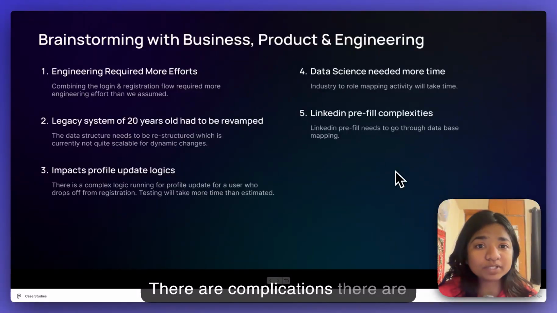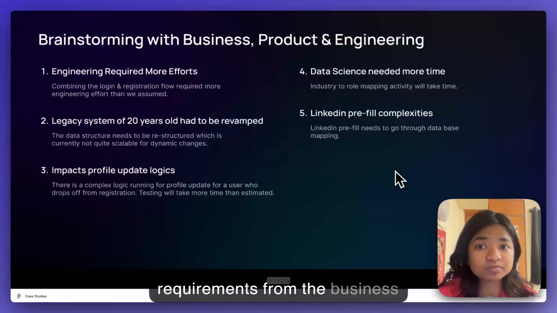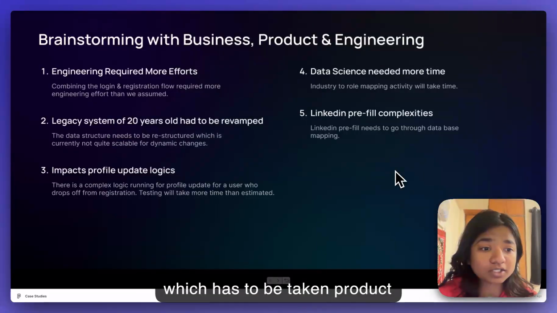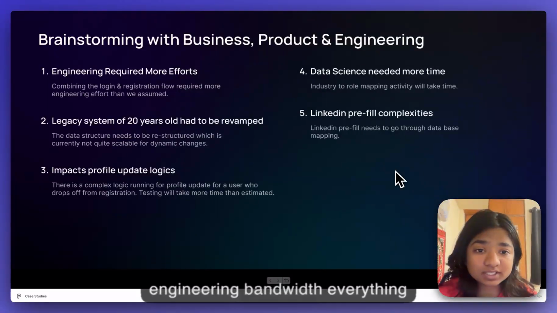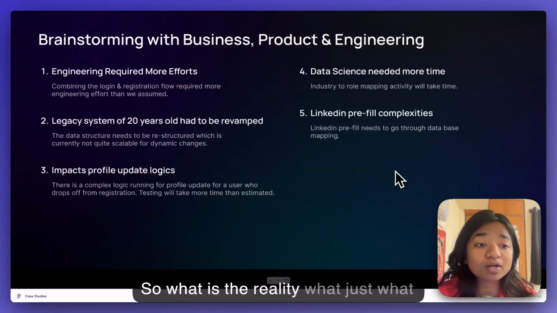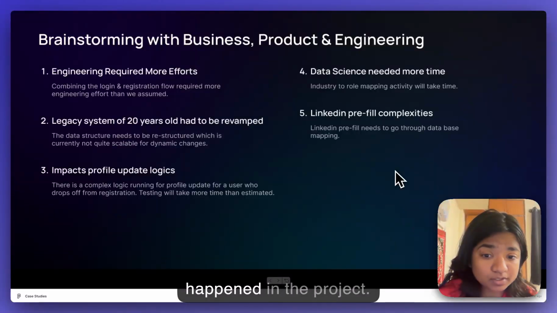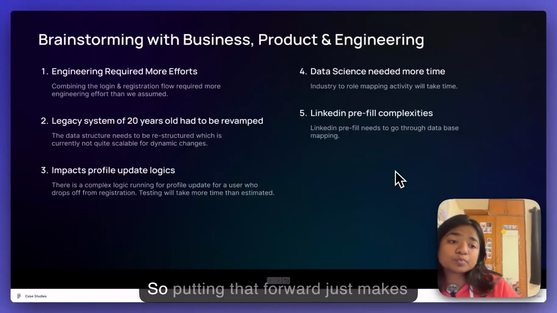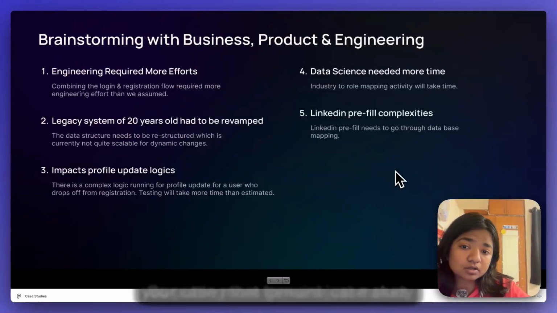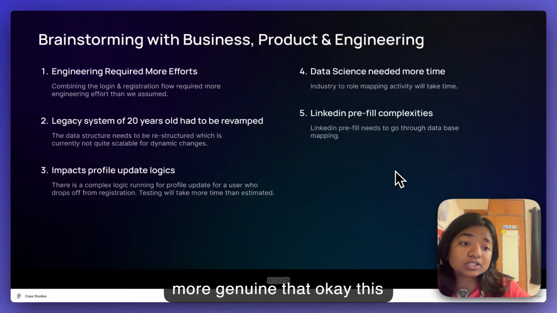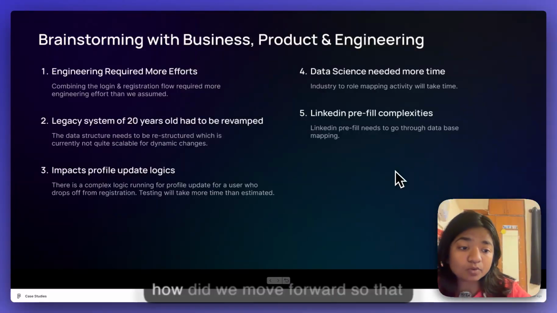There are complications, requirements from the business, product, engineering, bandwidth, everything. So what is the reality, what happened in the project? Putting that forward just makes your case study more genuine, right? That, okay, this happened and how did I deal with it, how did we move forward,